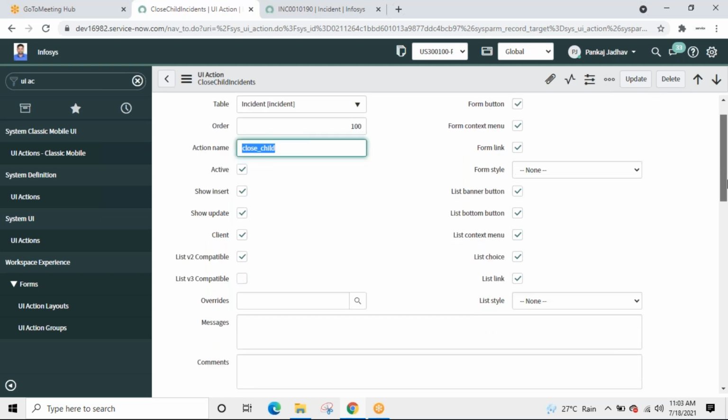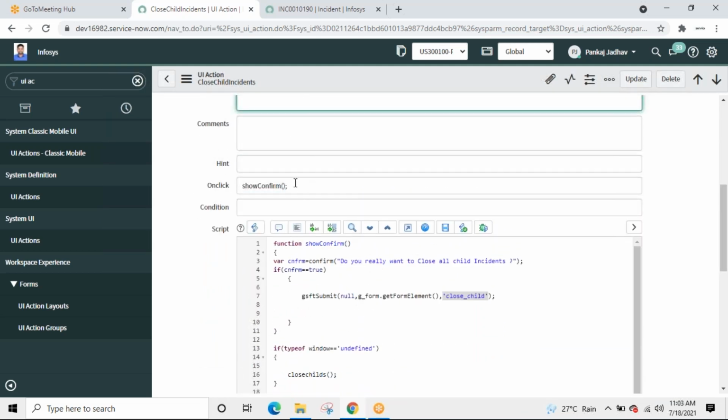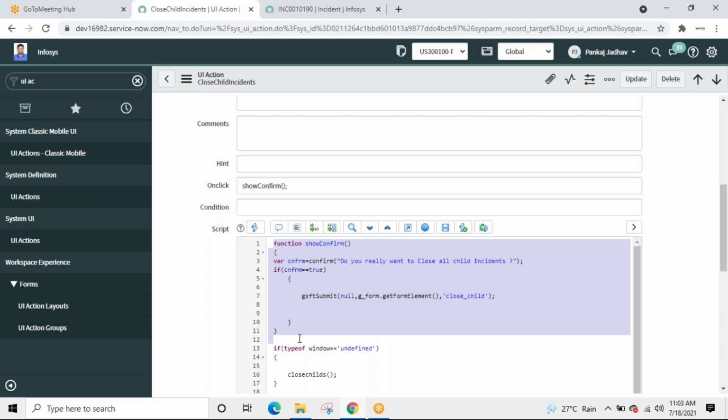Again, on click of a button, this is called. When this is called, this is executed. When this starts execution, it will ask, do you really want to close? Yes, no. If the user clicks on yes, then obviously this will contain true.